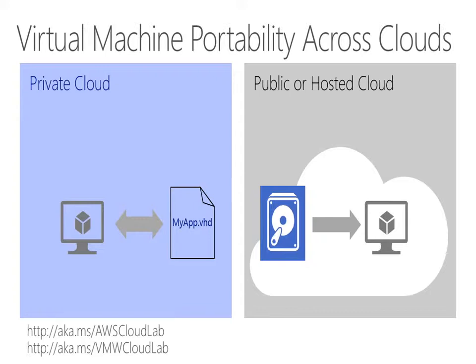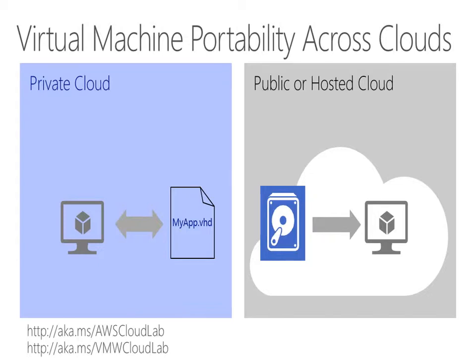With our hybrid cloud solution, if you're running Windows Server 2012 or 2012 R2 Hyper-V as your virtualization layer on premises, you'll find that Windows Azure supports a compatible virtualization layer up in the Azure cloud, compatible with Hyper-V on premises, allowing you to have on-premises workloads that are already virtualized as virtual hard disks be easily transported up to Windows Azure or back, or easily transported to hosting cloud providers that are part of our Cloud OS network and back,